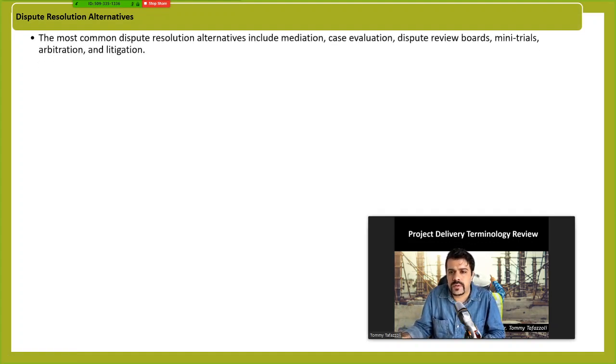Dispute resolution alternatives: instead of going to the court, there are some ways that you could resolve a dispute. Obviously, it starts with negotiation. It means you sit down together and try to solve it internally or in-house. If it didn't work, then you would go up to mediation. It means you invite a person who should be impartial and not biased, and that person will decide. But the decision he or she makes is not legally binding.